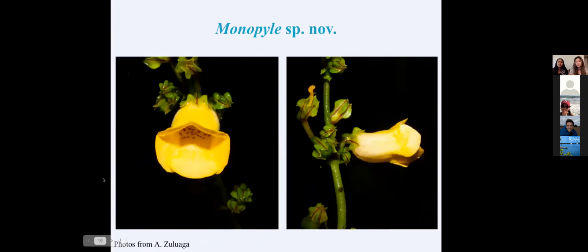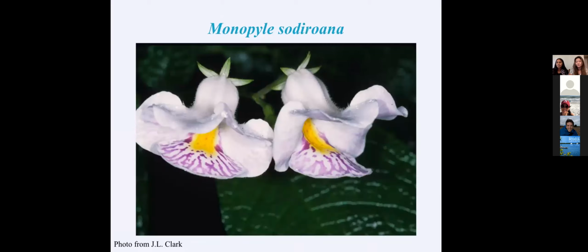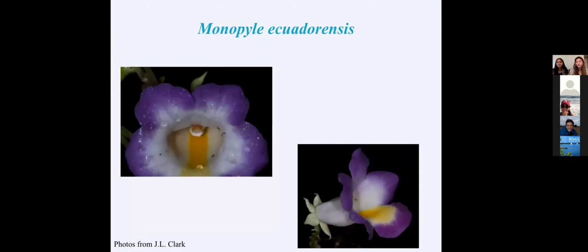This is a new species of monophyly from Colombia. It's a good example of the campanulate corollas, which means the bell-shaped flower. And only about 5% of monophyly have these nice yellow flowers, so it was really great to see some photos of it. This is monophyly sodirawana, which was only known from the type collection, and it was destroyed in the Berlin herbarium during World War II, and that caused a lot of confusion about its identity. So this shows a really nice picture of it, one of the largest flowers in its genus.